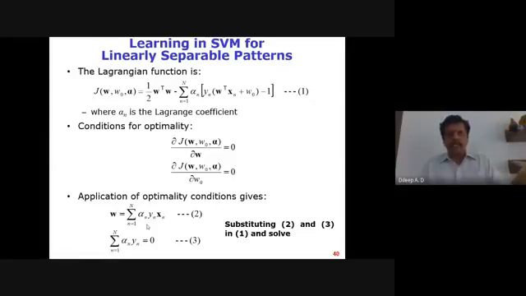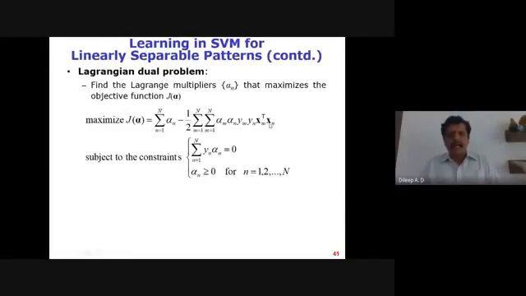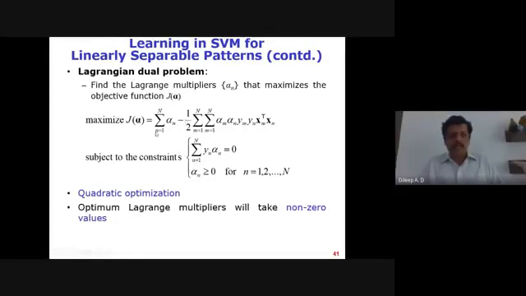So what we're going to get is the dual step, where my entire objective function is a function of my Lagrangian coefficients alpha n. If you really look into this objective function, this is a quadratic in terms of the alpha. So it can be solved by using any quadratic optimization method, and this is going to give a global optimal solution, such that after applying this optimization, we are going to get the optimal value for these Lagrangian coefficients alpha.